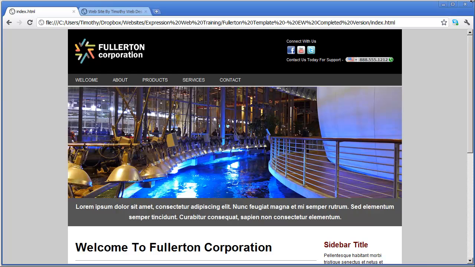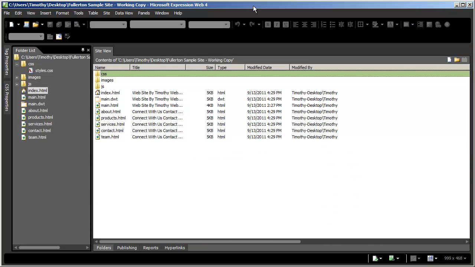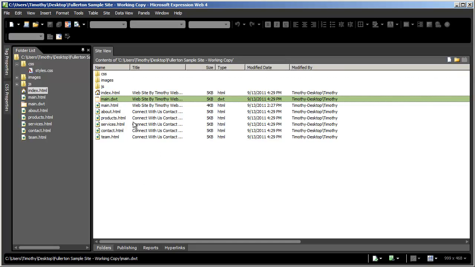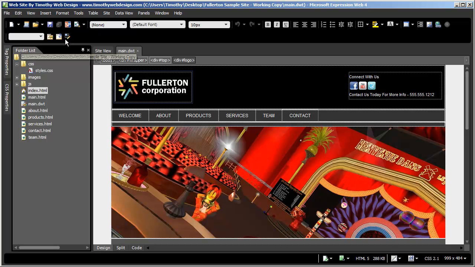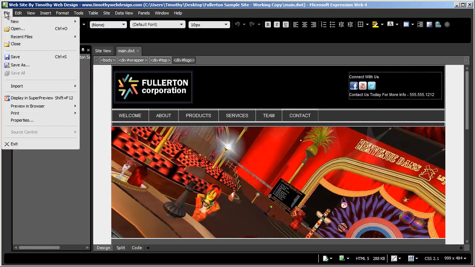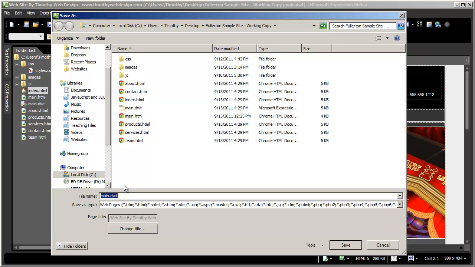So I'm going to minimize this, and here I am back inside of Expression Web. Now we have this main DWT, the original template, the main template for our site, and we're going to use that as the basis for our second template with our sliding banner. So I'm going to double click on that to open this up, and I'm simply going to go to File, Save As, and I'm going to name this one